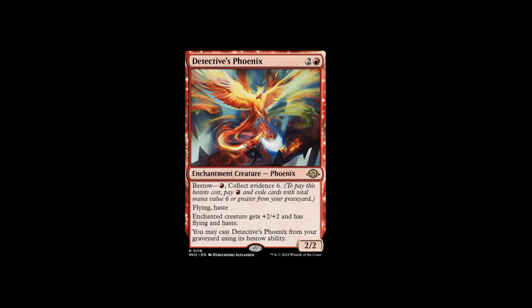First up is Detective's Phoenix. This is seeing a little bit of buzz around it. I'm not entirely convinced. A 3-mana 2/2 flying haste is not great by Legacy standards. And the backup plan of it being able to bestow it from your graveyard to give something +2/+2 flying and haste is okay. I think if you put this on a Murktide Regent and you just get a big bash later on in the game, that's fine,